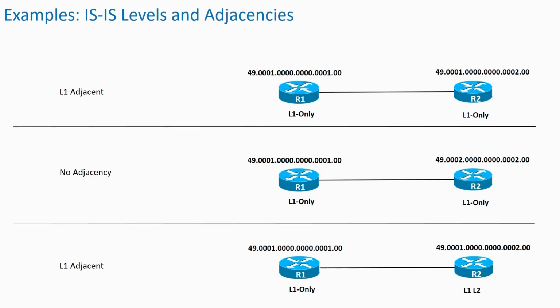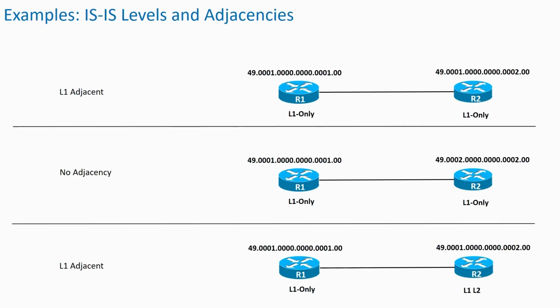Router 1 belongs to 49.0001 while router 2 belongs to 49.0002. Hence, they will not form L1 adjacency because for forming L1 adjacency, both the routers must be in the same area. In the third example, router R1 is L1 only and router 2 is L1 L2. In this case, L2 adjacency cannot form because router R1 is not capable of L2 routing. Both routers will form L1 adjacency because both belong to the same area